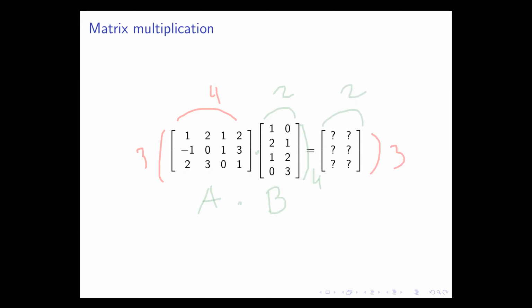So you can think of it this way, that this number got eaten up, right? Since you multiply the first row by the first column, and then take a sum, what remains in the end is the number of rows in the first matrix and the number of columns in the second matrix. Let's calculate. So remember, the formula goes like this: you take